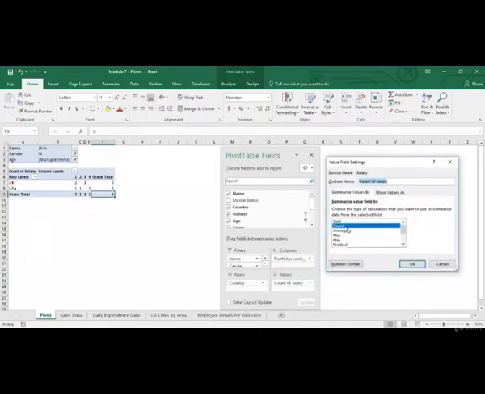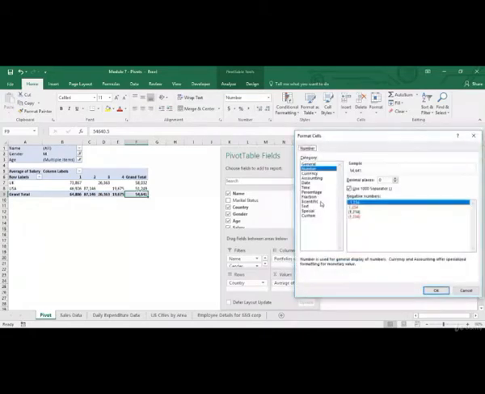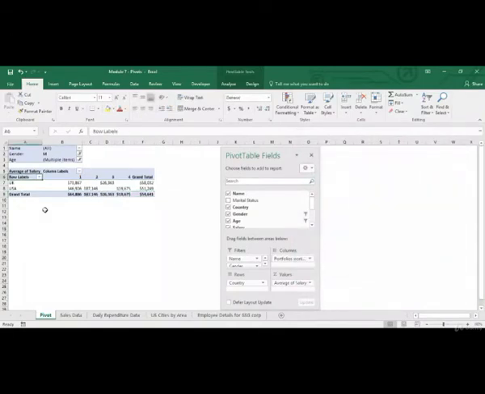Let's look at what average does. This will give me the average of salary. And let me just change the format also, back to currency. Now one of the questions you may be asking is, how is this count or sum or average useful in terms of analyzing the data? If you just look at this data set, there are some observations which you can make out of it. If you want, you can pause the video for a couple of minutes and just think about it.